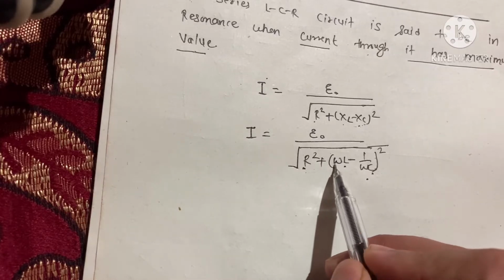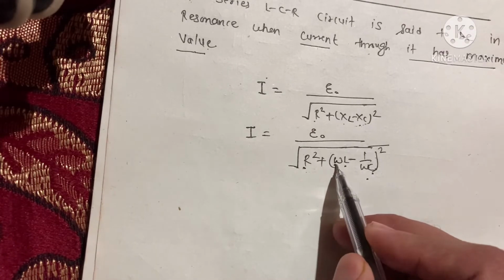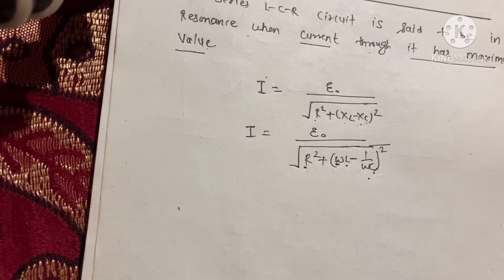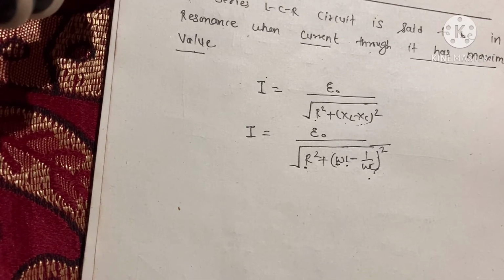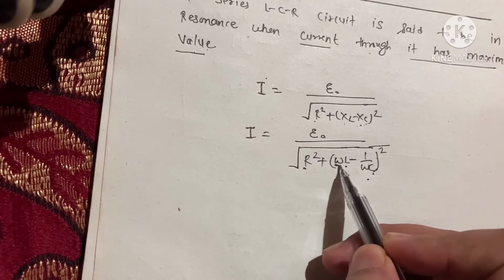Now look at this omega. If I make omega 0, what is omega? Omega was the angular velocity in the AC generator derivation. It is the angular velocity of the coil which is rotating, and because of that we are getting this AC current. If you make angular velocity 0, there is no EMF and there is no current, so you will get nothing. So you cannot make omega 0.